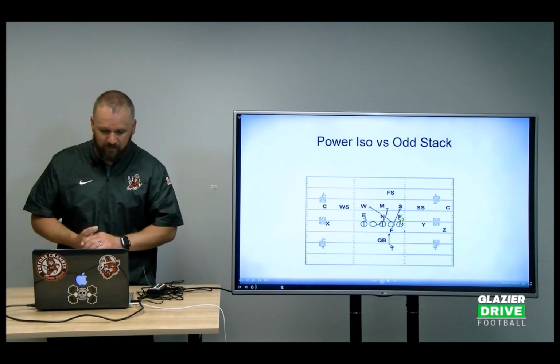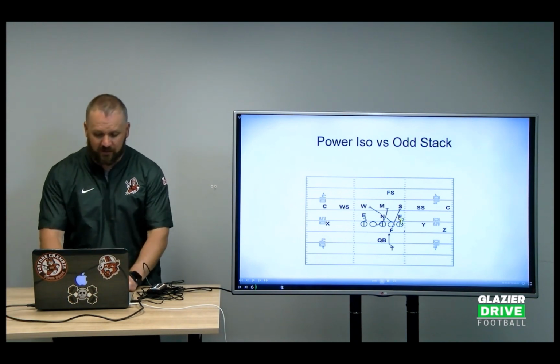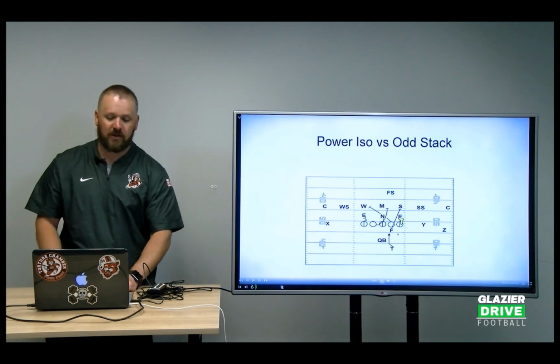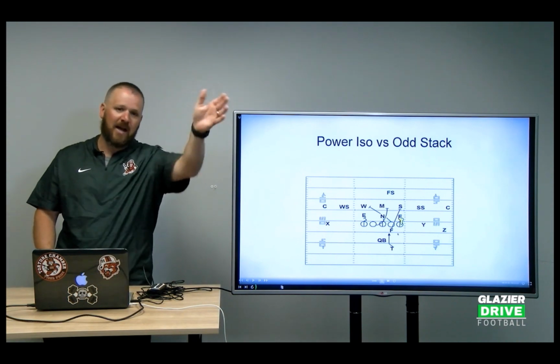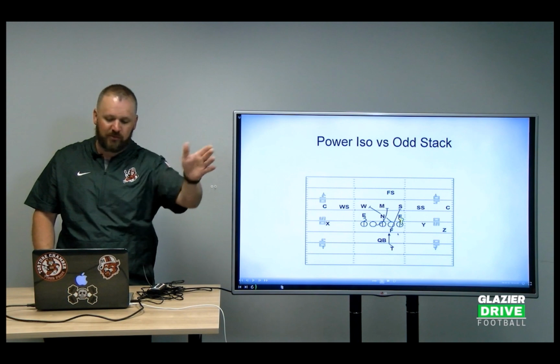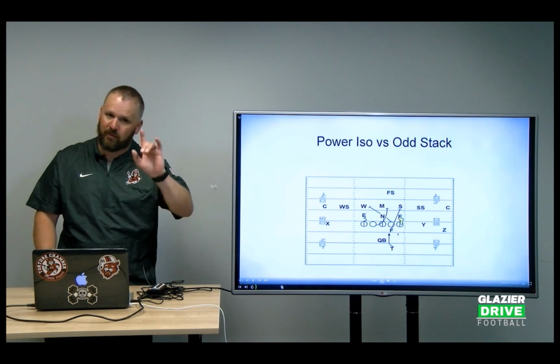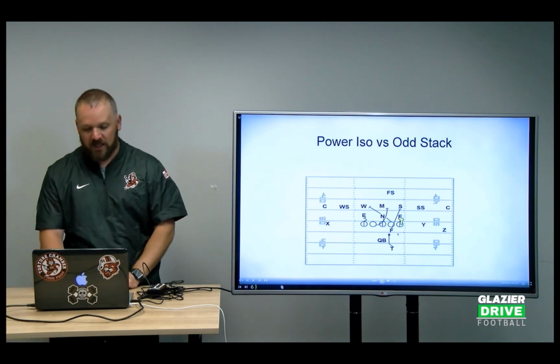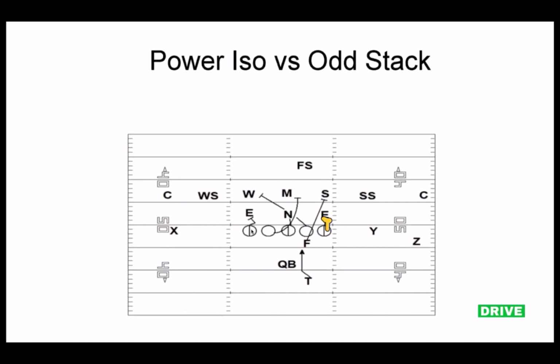So he's going to base him, and then the guard and the center, they're going to double team to the backside backer. So number 3 backer in the box. And the backside tackle, he's going to be locked, same thing as the front side tackle. Don't let the guy inside. Don't let him come in the inside gap. You can widen your split, do whatever you got to do. So they're working their double team here.